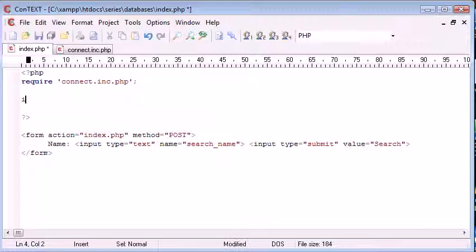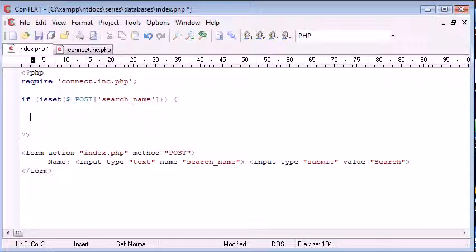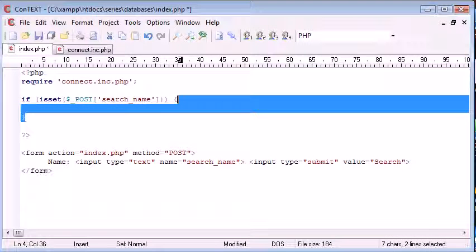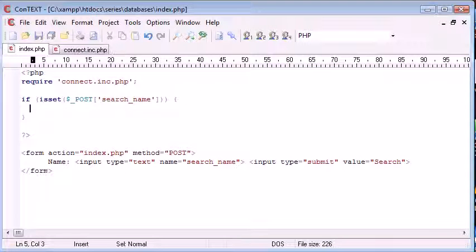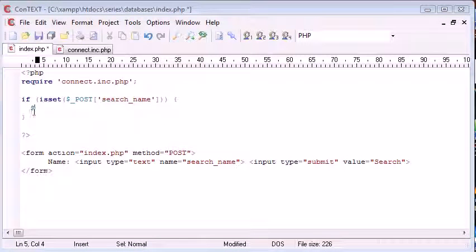So let's go ahead and say if isset $_POST. Remember, we're using post data down here, and we're going to say search_name. So we're corresponding this to the name that we've given the element in our HTML document. So if this is true, we're going to run this block, and inside this block we're going to set a variable called